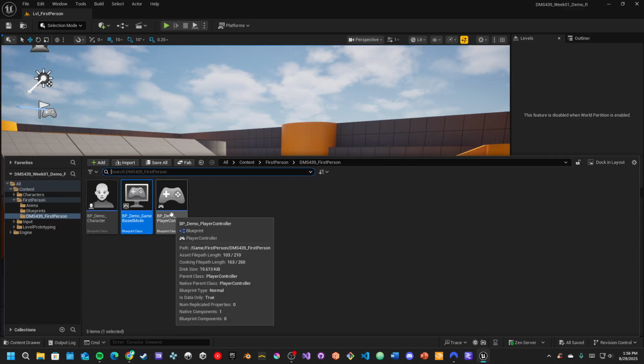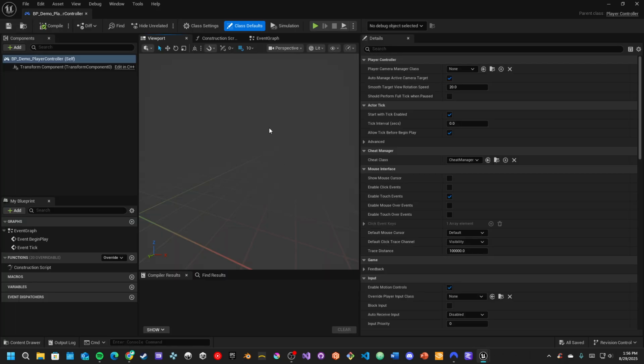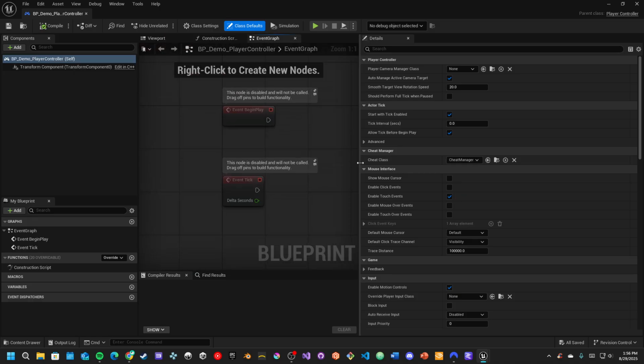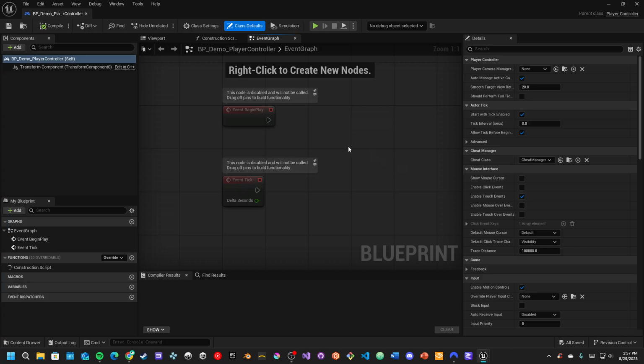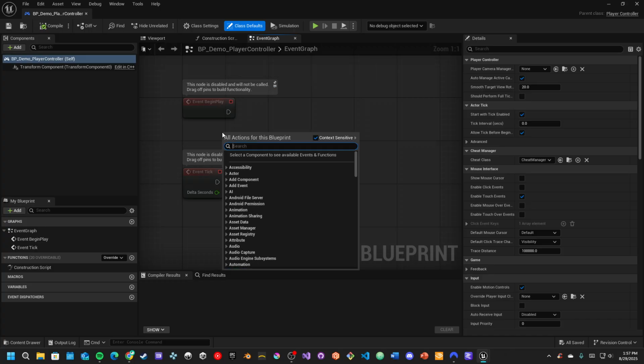Then in our player controller, we're going to not worry about the viewport. We don't really put components in here, although we can, but I'm not going to. I prefer putting stuff in the character class. Technically, you can put it wherever you want, wherever is helpful, but there are conventions that I think are more helpful. So on event begin play, we're going to want to right click, type in get